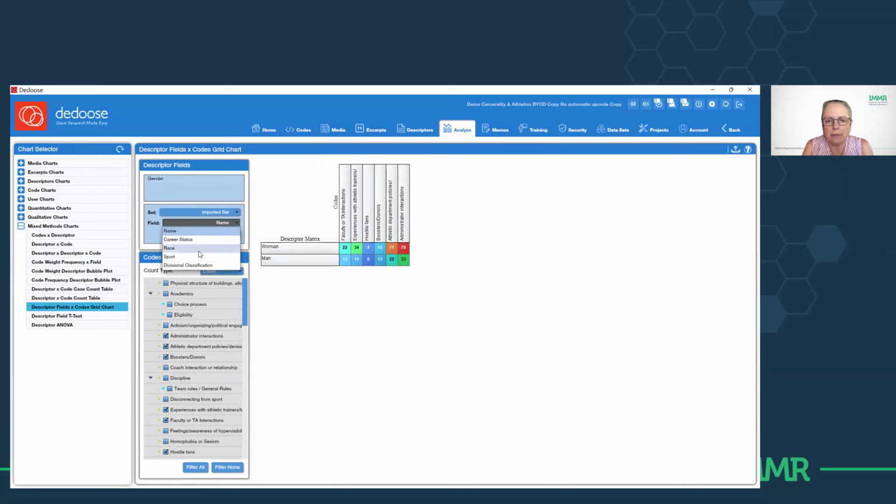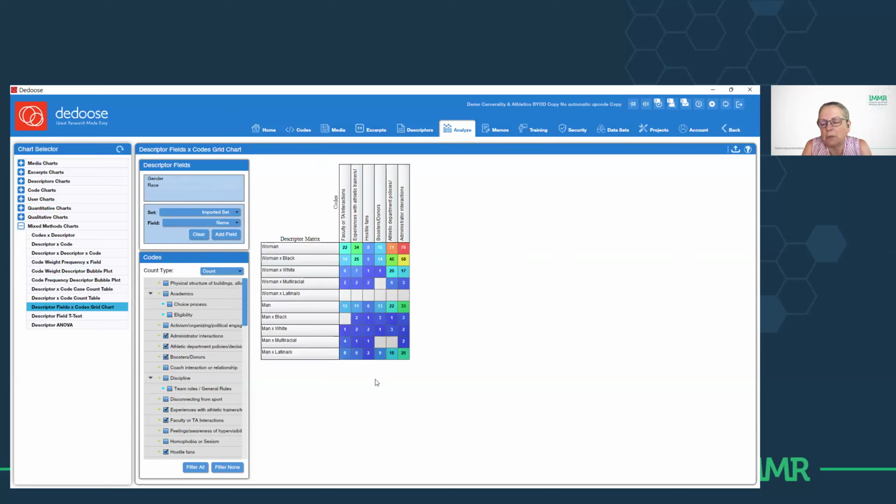Don't be misled by the numbers in such charts. It's important to see that it kind of gives you an idea of what to investigate. It's a heat map, so the closer to red it is, I guess, the higher the number. But it doesn't necessarily mean it's more important, because as with any qualitative research, absence can be just as important as presence. So if there's nothing there, that could be just as important. So it's always important to investigate the data sitting behind the charts.